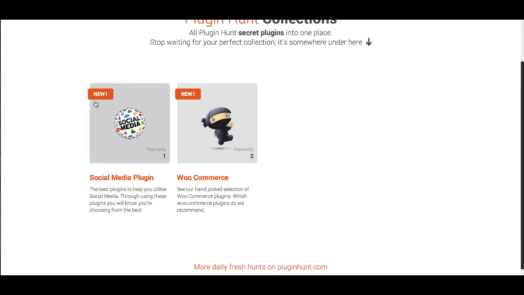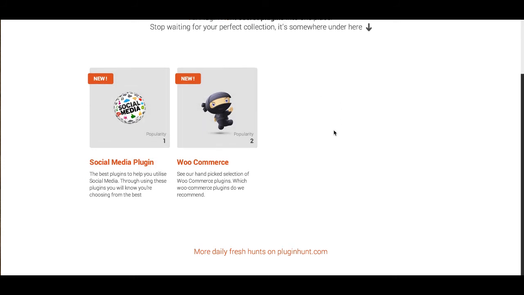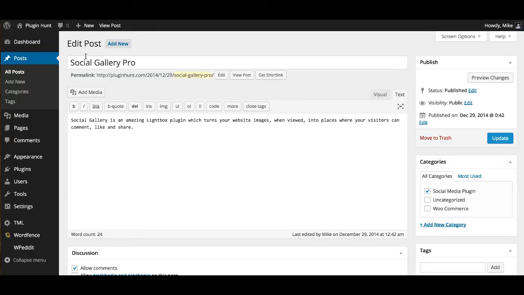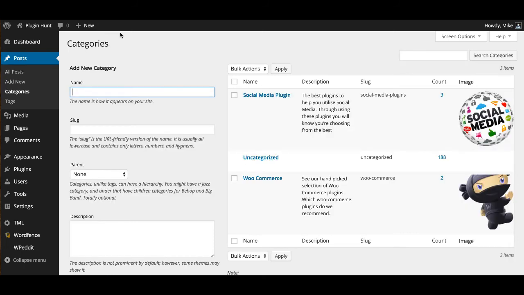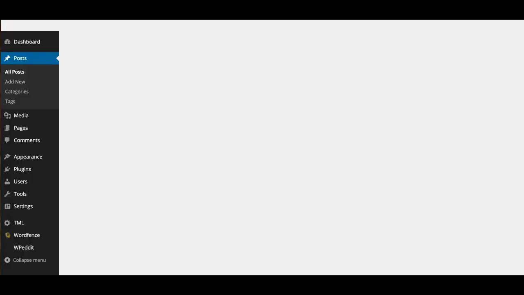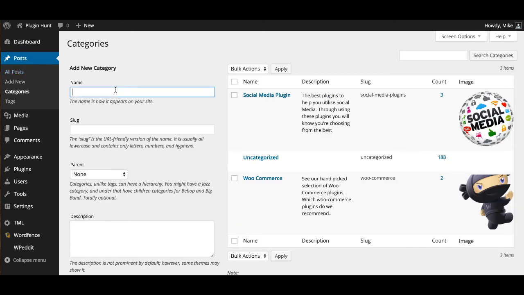So it flags the first 5 categories as new, and then depending on how many you've got, it's just a nice little way. So I'll just show you how quickly to go about making a new one. So let me have a look what I might want to make a category of. I'll tell you what I'll do. So I'll say epic plugins,